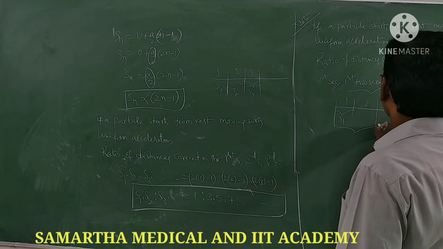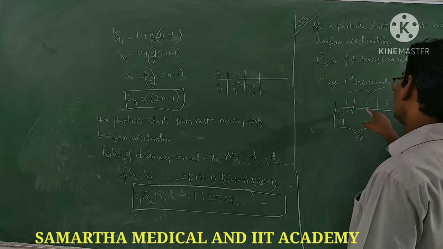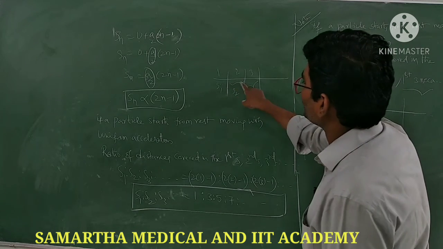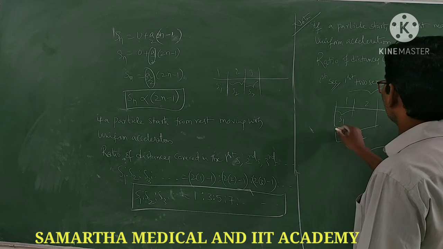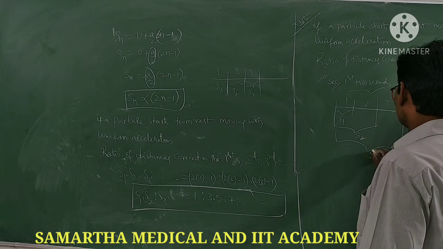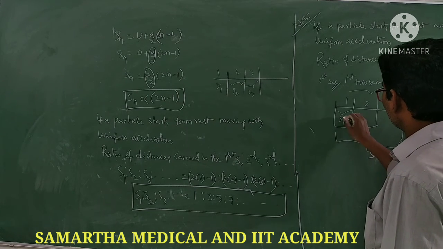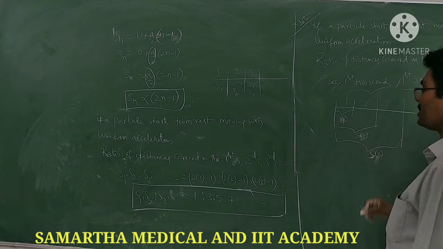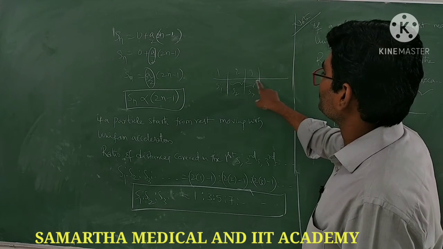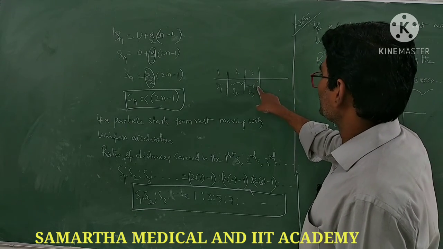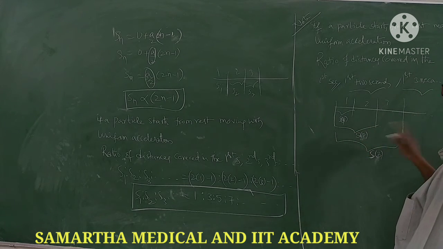But see here, ratio of distance covered in the first 2 seconds. That means first second plus second second together you have to take. But here, the second second alone. Okay. So next, ratio of distance covered in the first 3 seconds. It is like this. But the ratio of distance covered here is the third second. Third second means after the second to before the fourth. That is what the third second is. But here 3 seconds: 1, 2, 3 all together you are taking. That is the difference. Okay.